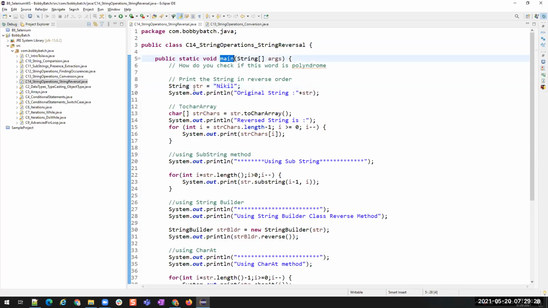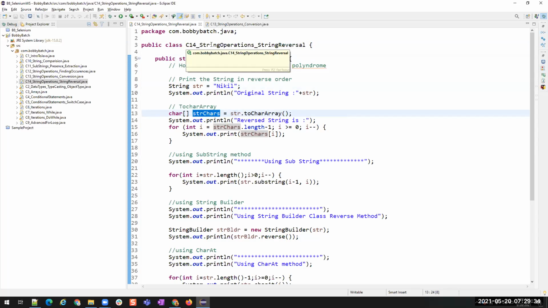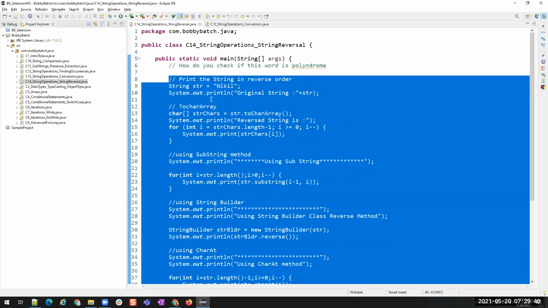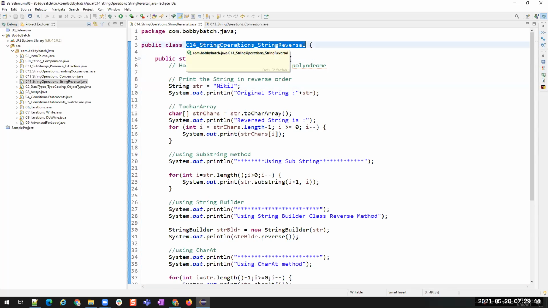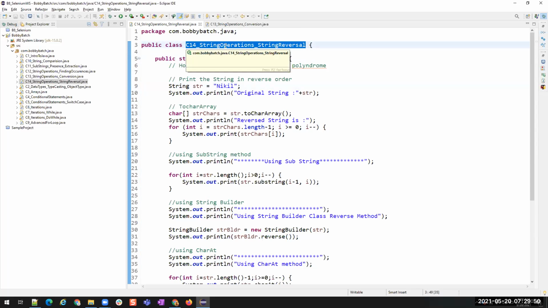This is a method and this is a variable. This is also a variable, and also a member of this particular class. So if you want to access any of these members or methods, you have to create an object for this class and access the members of this class using that object.